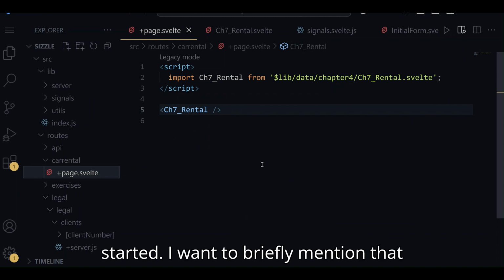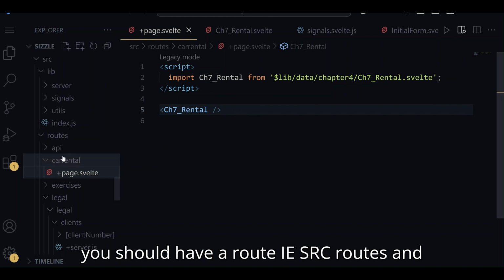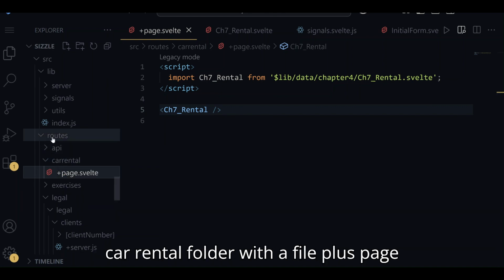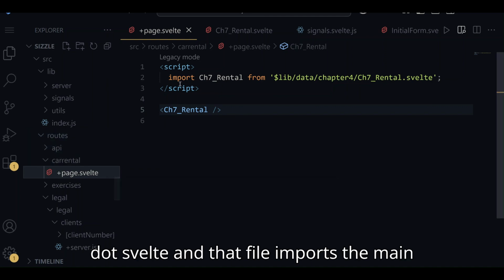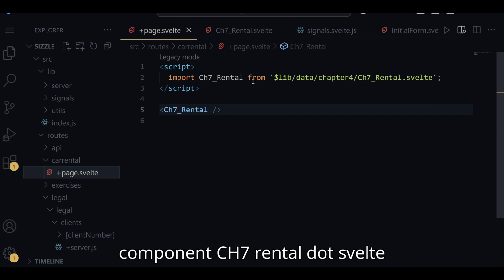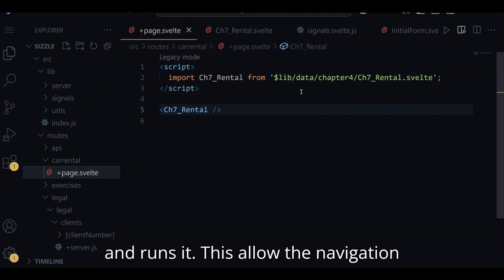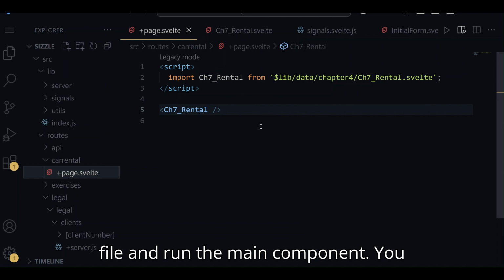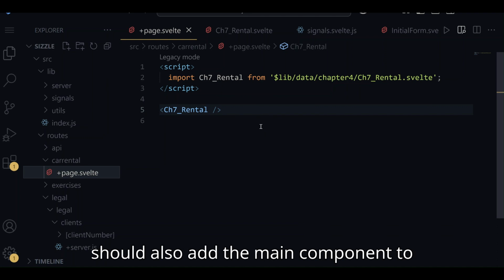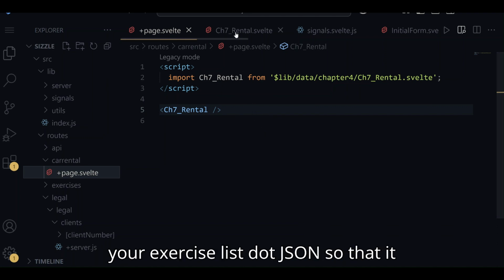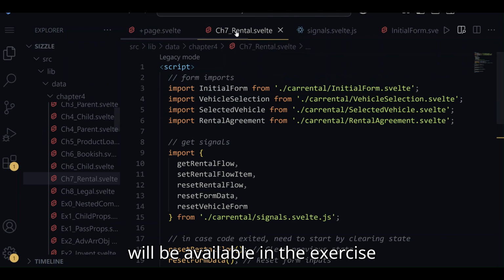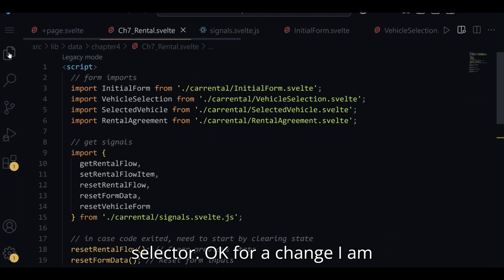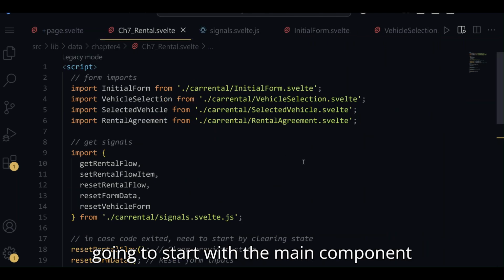Okay, let's get started. I want to briefly mention that you should have a root, i.e. src routes and car rental folder with a file plus page.svelte, and that file imports the main component ch7_rental.svelte and runs it. This allows the navigation, apps and car rental to be routed to that file and run the main component. You should also add the main component to your exercise list.json so that it will be available in the exercise selector. Okay, for a change I am going to start with the main component,